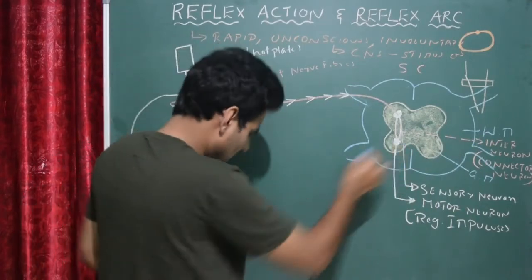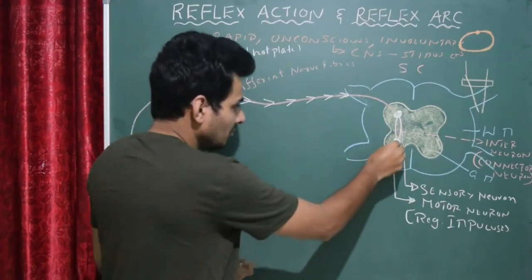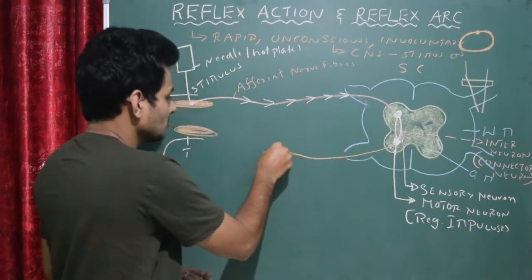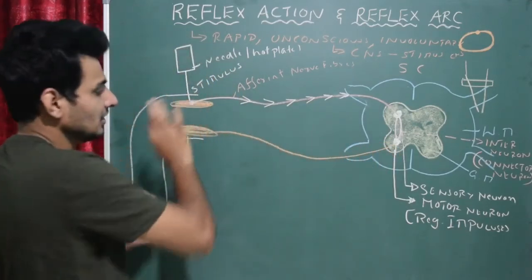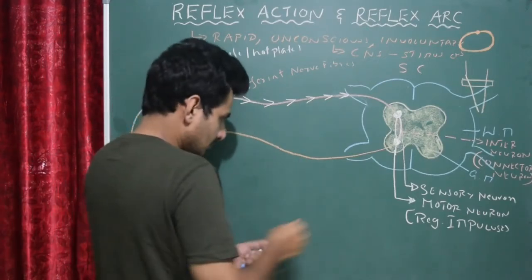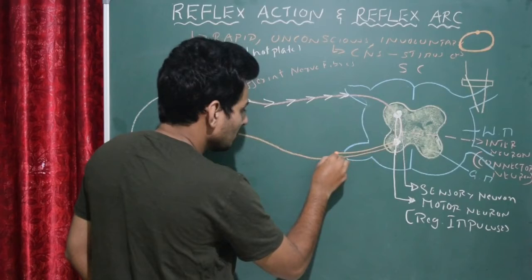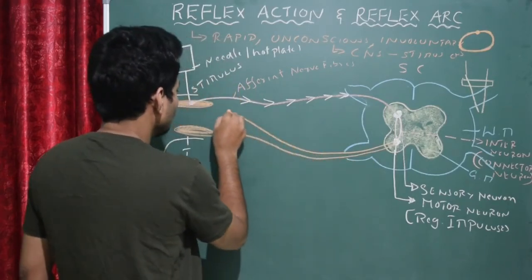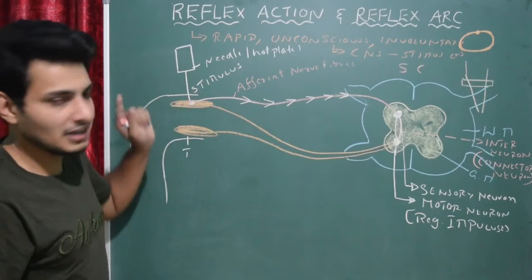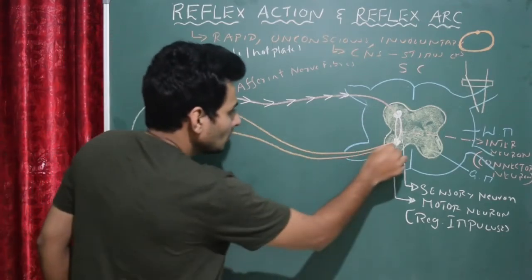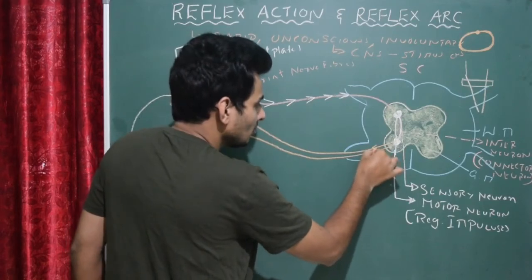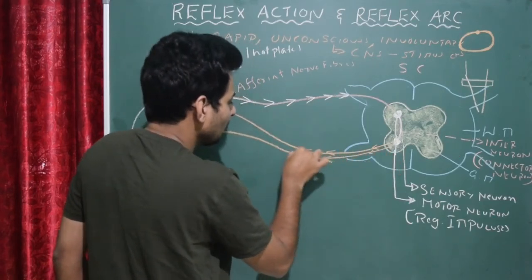Okay. So from here, we have effector nerve fibers which are connected to the thigh muscles. So this is one nerve fiber, and another nerve fiber which is also efferent is connected to another thigh muscle. So we have two here. Now this one which produces the regulatory impulse is carried by another set of efferent